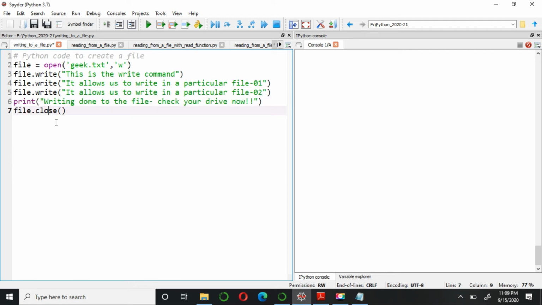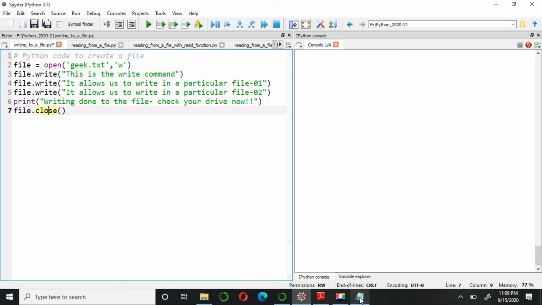Fine. It is very necessary to close the file, like if you are writing something on a register, once the notes are done, once the writing part is done, you usually close the register to keep it inside the bag. In such a way, once we are done with writing or reading the file, we usually close that particular file. Fine. Let's move to the execution part of the same program.